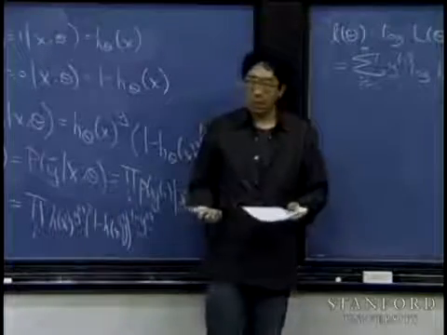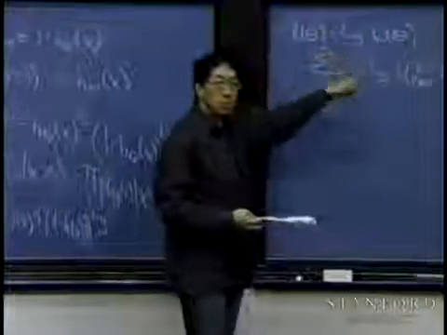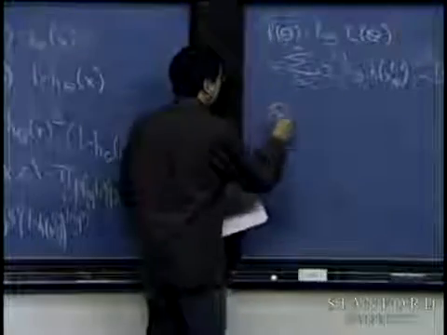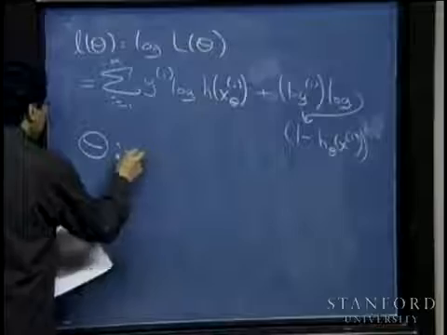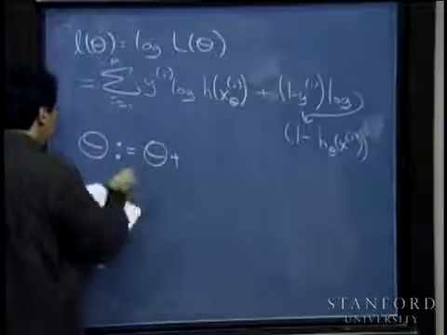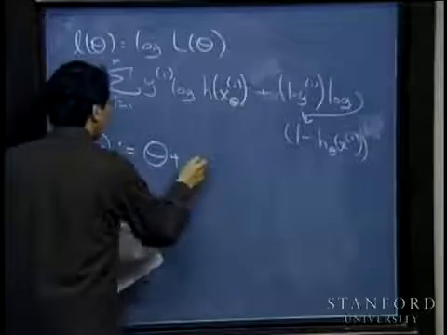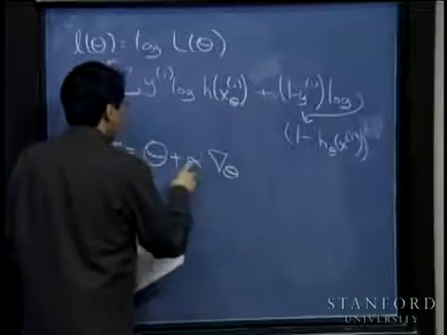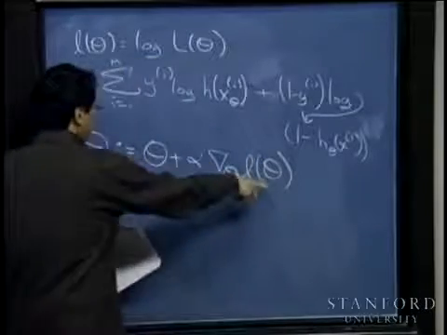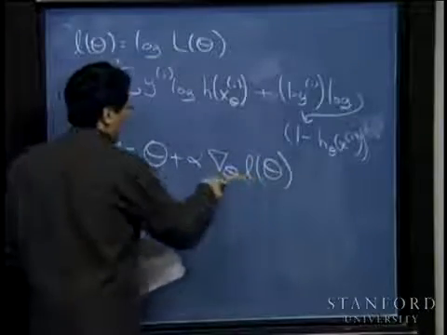And so we can use exactly the same algorithm to maximize the log likelihood. You remember that algorithm: you repeatedly take the value of theta and replace it with the previous value of theta plus a learning rate alpha times the gradient of the cost function, the log likelihood,